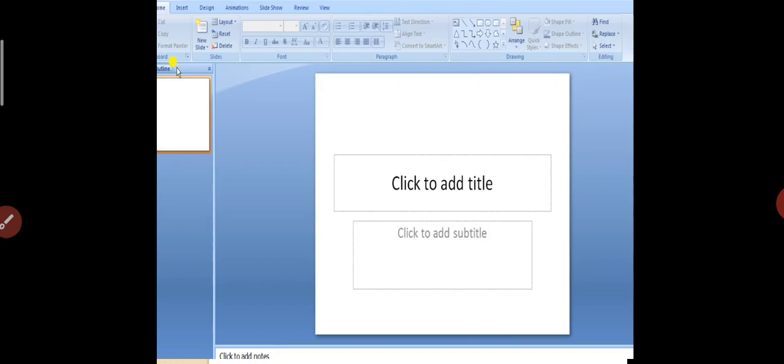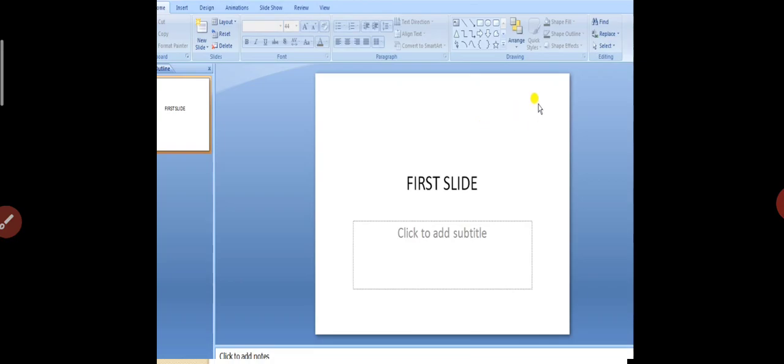How can you give transition effects? First open PowerPoint. You get a blank page, and this page is known as a slide in PowerPoint. Here you can enter a title and subtitle by clicking inside. So let me add one title, first slide. You can give any title simply to make you understand. I have given the title first slide. And the background of the page is white in color.